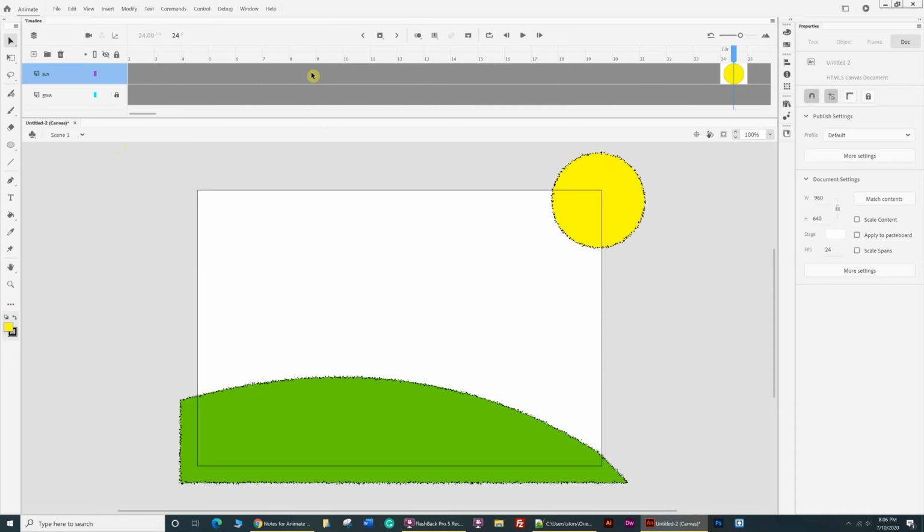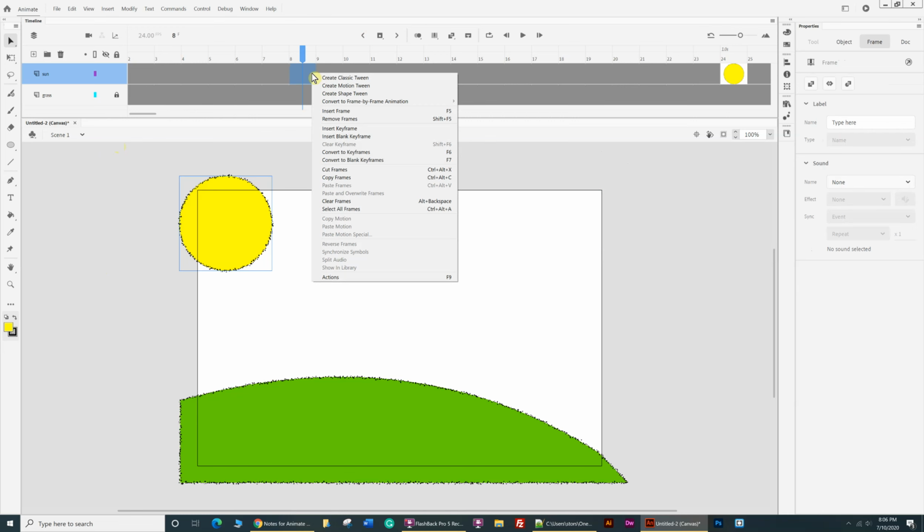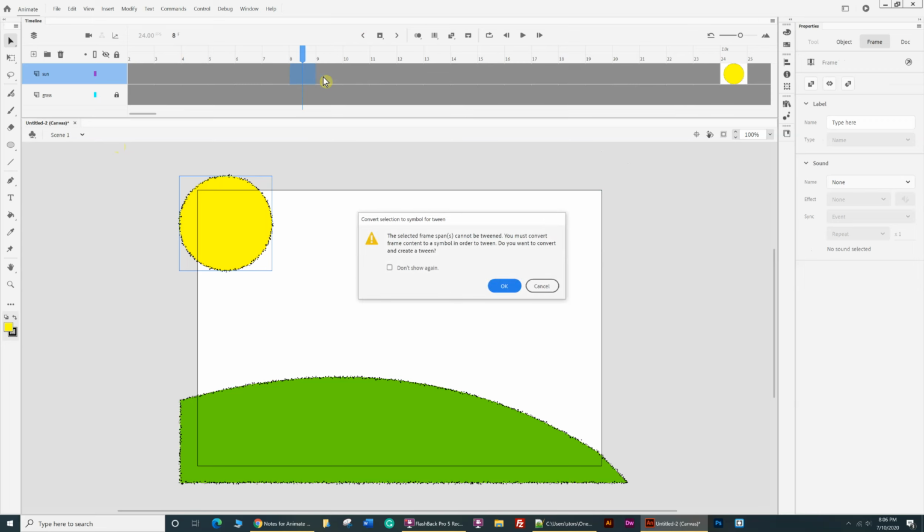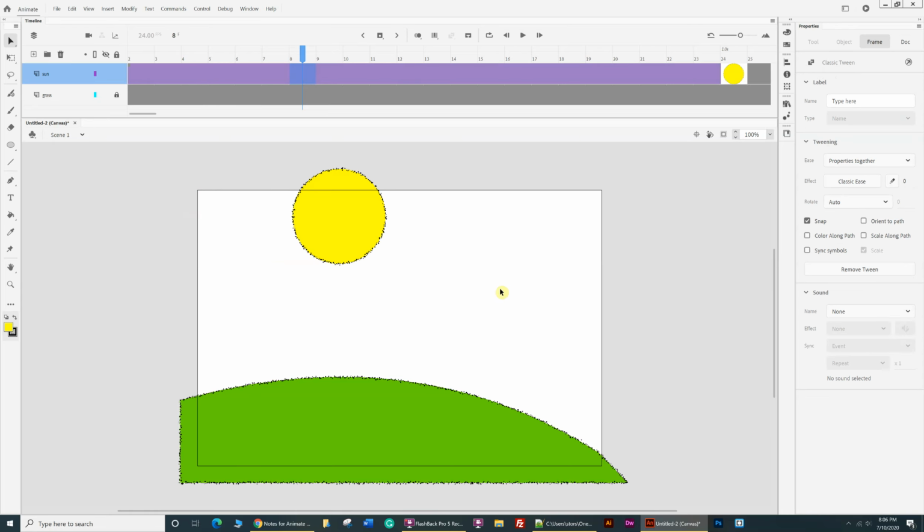Now I'm going to come back to the first keyframe. I am going to click right here, and I'm going to create what we call a classic tween. And now it's going to say, hey, that frames cannot be tweened because symbol. I turned it into a symbol. I don't know why it's saying that, but that's okay. I'm going to go there